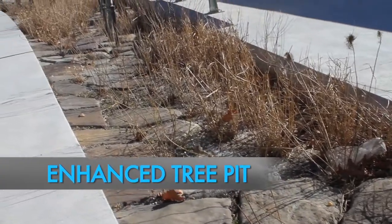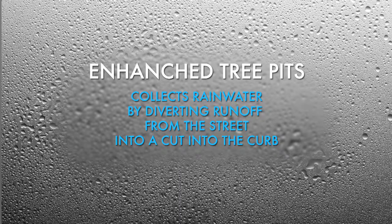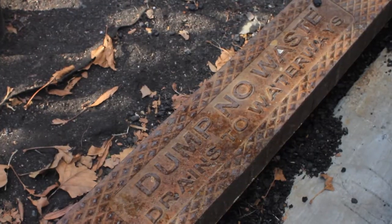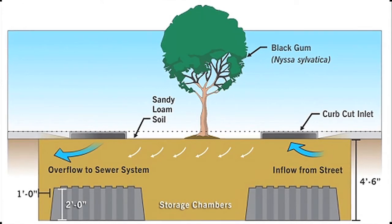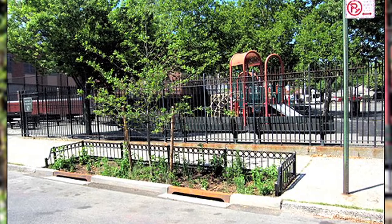Another technique includes constructing engineered tree pits. An enhanced tree pit collects rainwater by diverting runoff from the street into a cut in the curb. Here, the water that's running down the curb will flow into the tree pit rather than bypassing it. Enhanced tree pits are especially engineered with soils and native plant species that are used to absorb water and filter